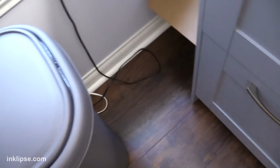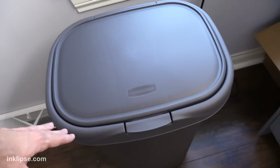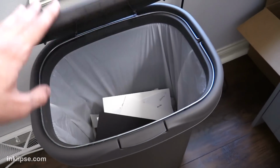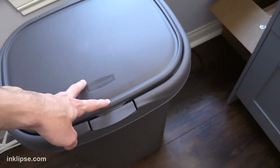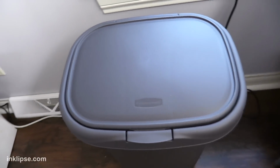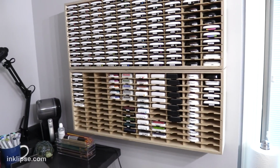guys. Now over here, this sounds silly, but I wanted a garbage can that looks okay in the room. So this one's by Rubbermaid, and you press the handle and it comes up, and I keep it open during all my projects. But then when I'm done, I close it and it kind of contains the mess really nicely, which I love. So then over here, if I go up a little bit, you'll see my wall of inks